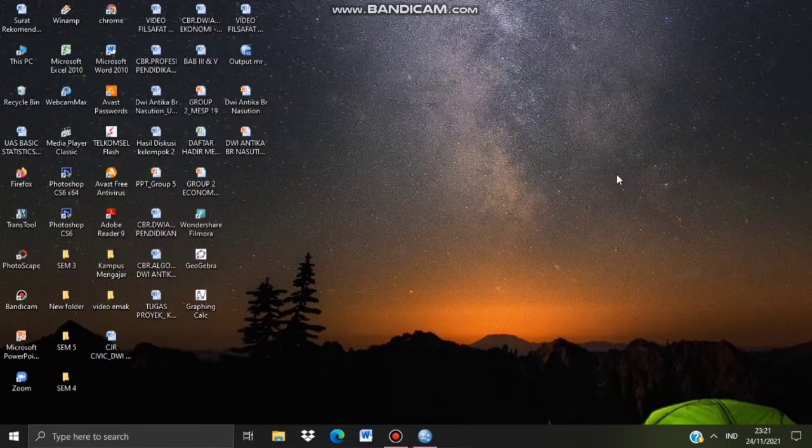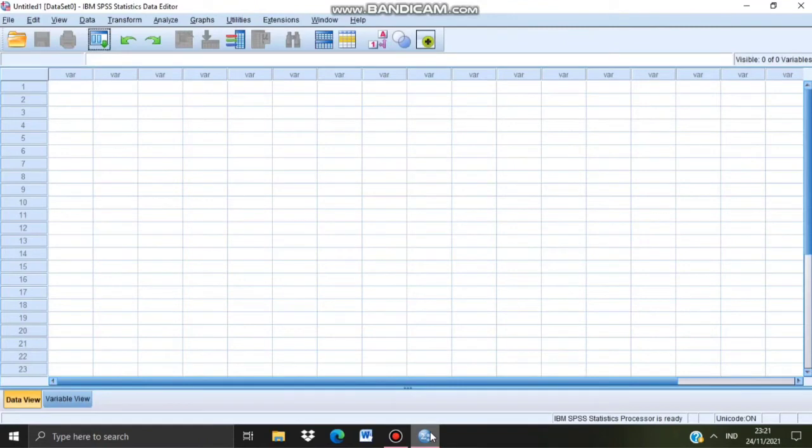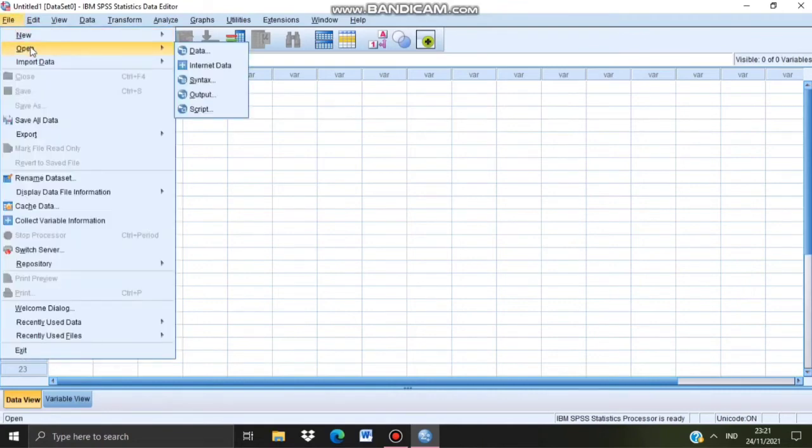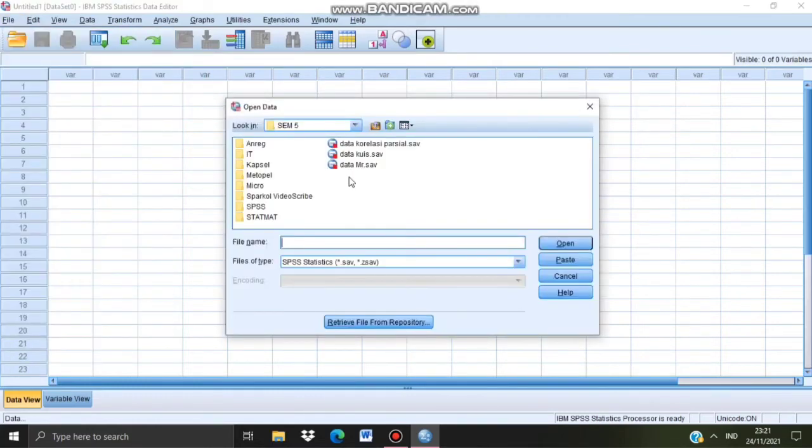The first step is open your SPSS software in your laptop. Then, for doing partial correlation analysis, enter the data that you have created before in your SPSS software. You can click File, Open, Data, then you can select the data that you have created.